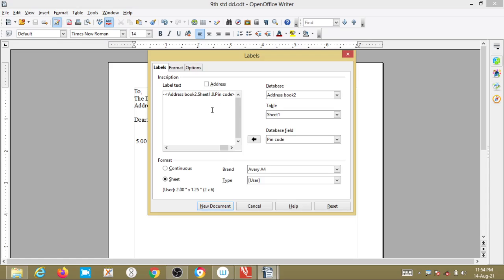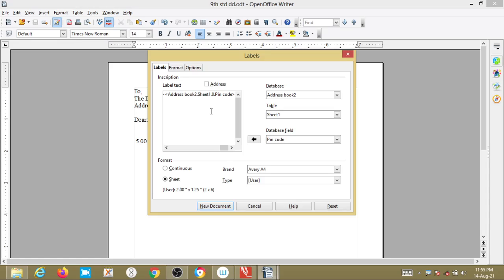all to the label text, then click on the new document here. What we have to do here, once you have inserted as per the desired punctuations, you can give some spaces if you want.